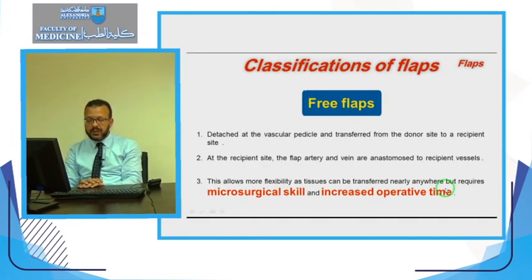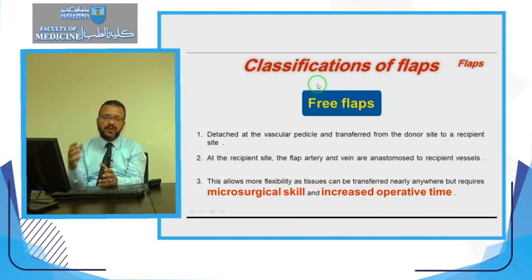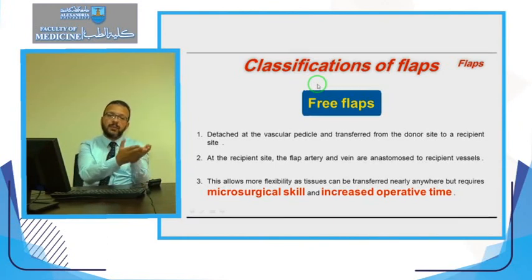The last thing we want to speak about in flaps is the free flaps. Like we said, free flaps are always axial flaps, and axial pattern flaps contain artery and vein. Sometimes I need a flap for reconstruction of a defect, but I cannot find available tissues around to reconstruct this defect. So I harvest a flap from a distant or remote area, and I keep this flap attached to its artery and vein, and then I cut the artery and cut the vein from the donor site. When I cut the artery and the vein, I have the flap in my hand, but it has no blood supply. I have to resupply it with blood again.